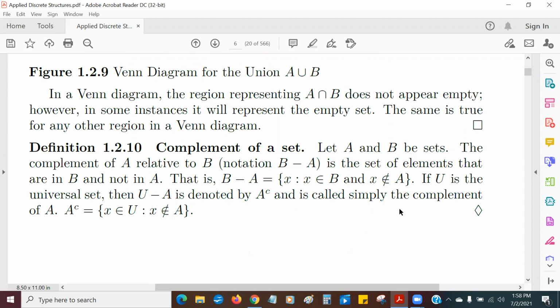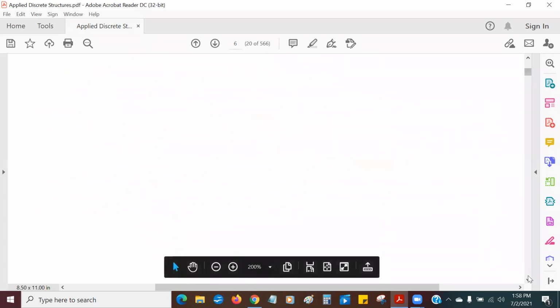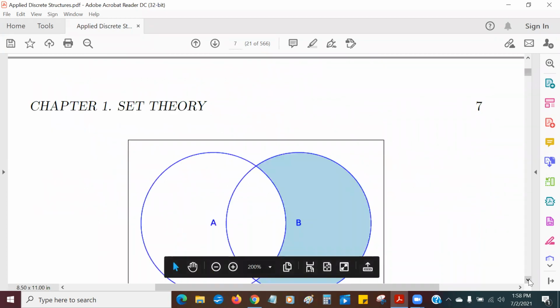All right, fair enough. The complement of a set. The complement of a set is all the elements that are not in that set but are still in the universe. So in Venn diagram speak,